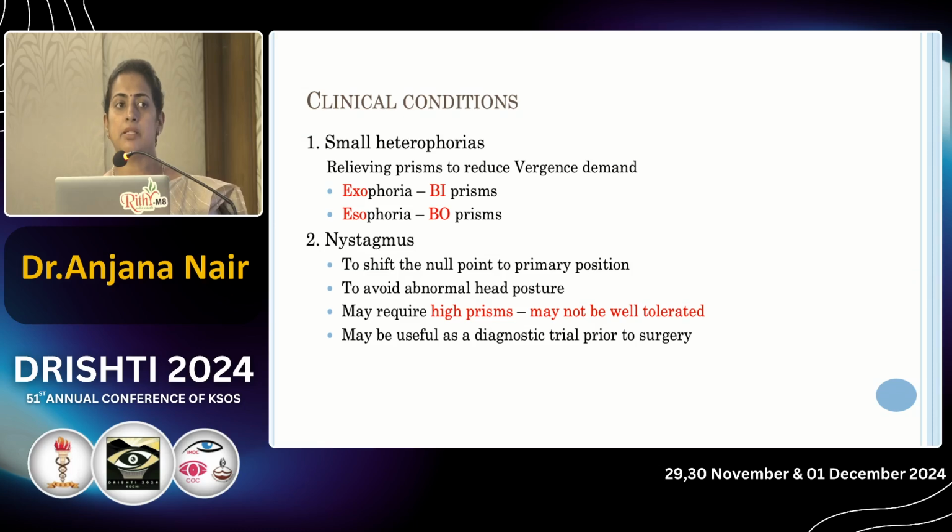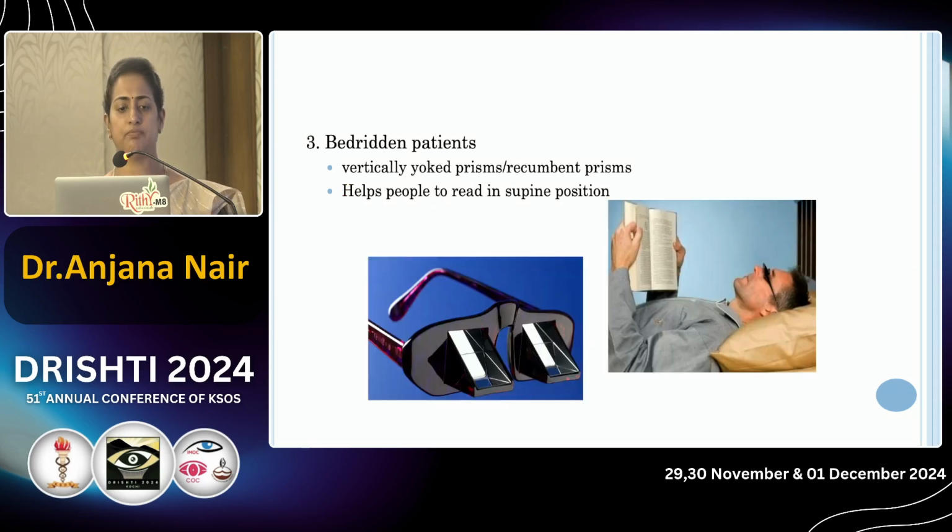Then in nystagmus, in order to correct abnormal head posture, you can give prisms so that the null point can be shifted to the primary position. But the power requirement for prism would be pretty high and the patient may not be able to tolerate it. Anyway, prisms can be used for a diagnostic trial prior to surgery. In bedridden patients, vertically yoked prisms, also called recumbent prisms, can be used to help them read